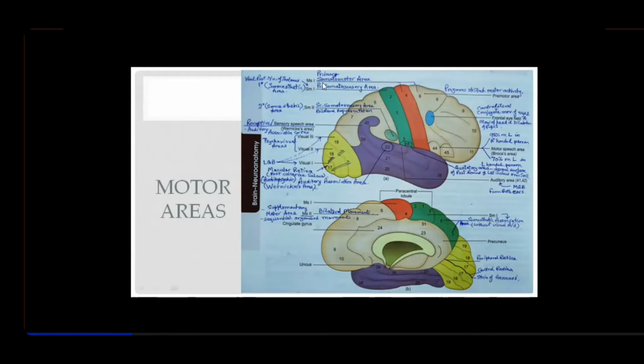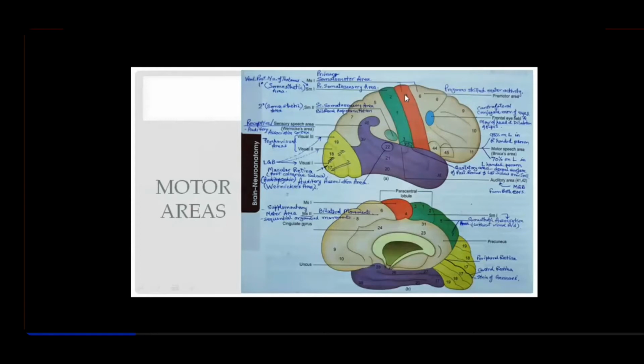The primary somatomotor area is areas 4 and 6, and the primary somatosensory area is areas 3, 1 and 2, that is the postcentral gyrus, right? You have an additional secondary somatosensory area, which is SM2, and similarly MS2 is on the medial surface, right? And MS2 is this area number 6. So MS1 is areas 4 and 6 on the superolateral surface.